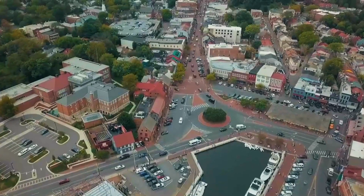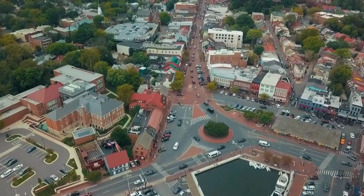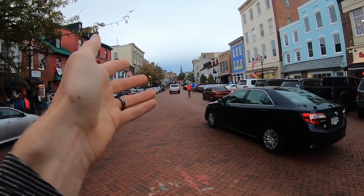Now I tend to enjoy smaller, lively towns over a metropolis if I get the chance. A good example of this is a place called Annapolis, which I visited in the past. Beautiful location, very unique, a lot of character. This is very similar to that. Annapolis also had water and sailboats. But if we jump into our first photo of the day,